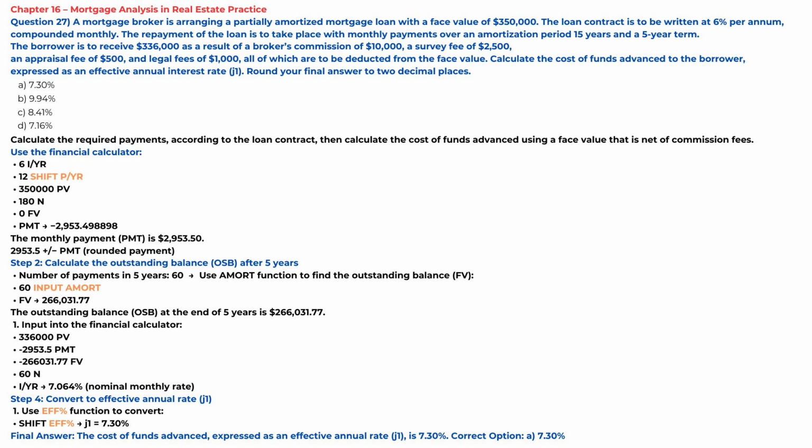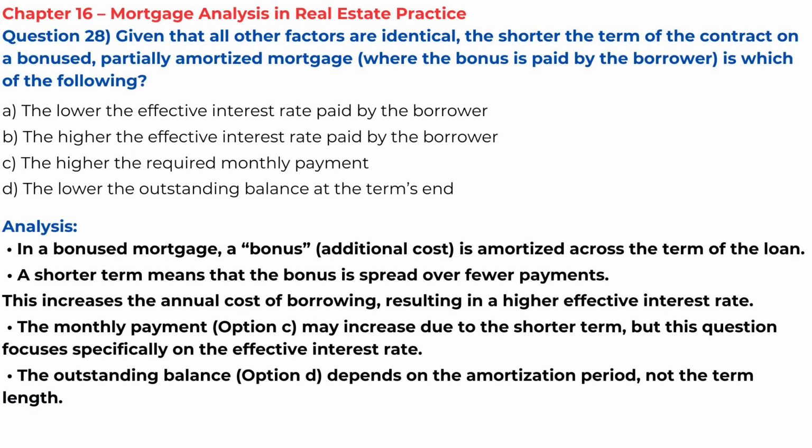Step 4. Convert to effective annual rate J1. Press shift effective. Calculator displays 7.30%. That is J1 equals 7.30%. Final answer. The cost of funds advanced, expressed as an effective annual rate, J1 is 7.3%. Correct option A, 7%. Question 28. Given that all other factors are identical, the shorter the term of the contract on a